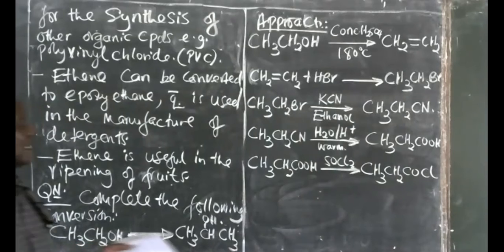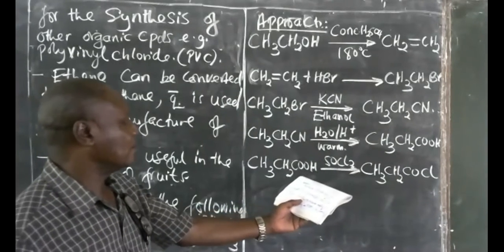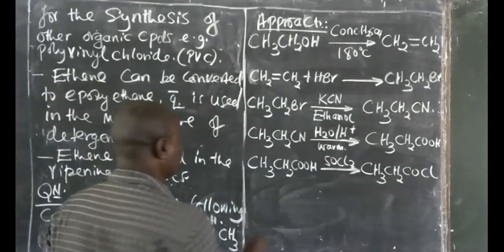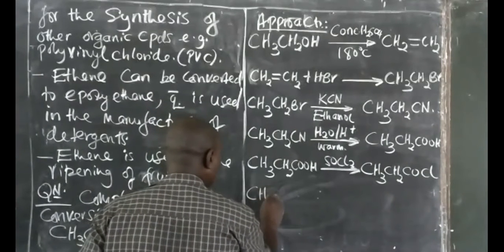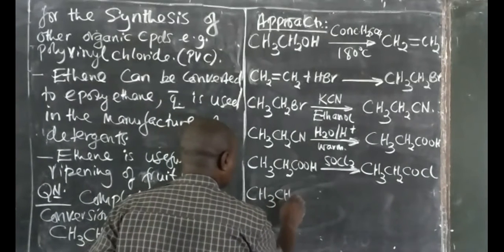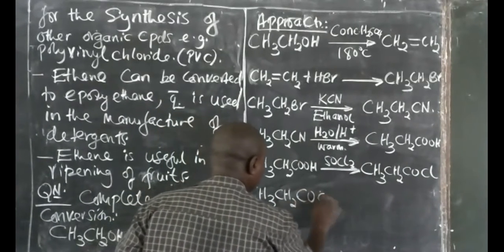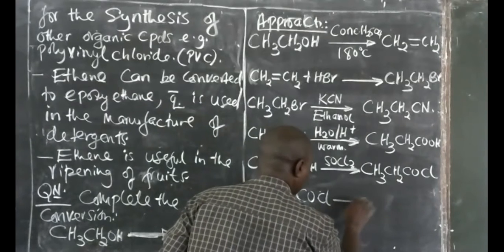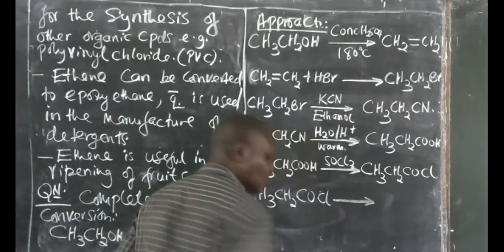Then we can now convert this one here to an alcohol. CH3CH2COCl. We react it in the presence of